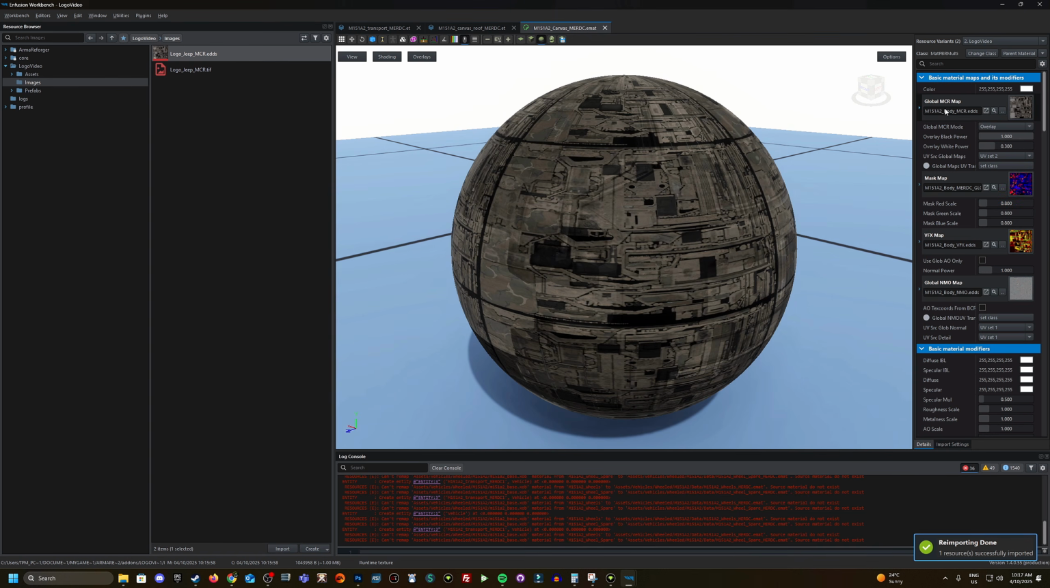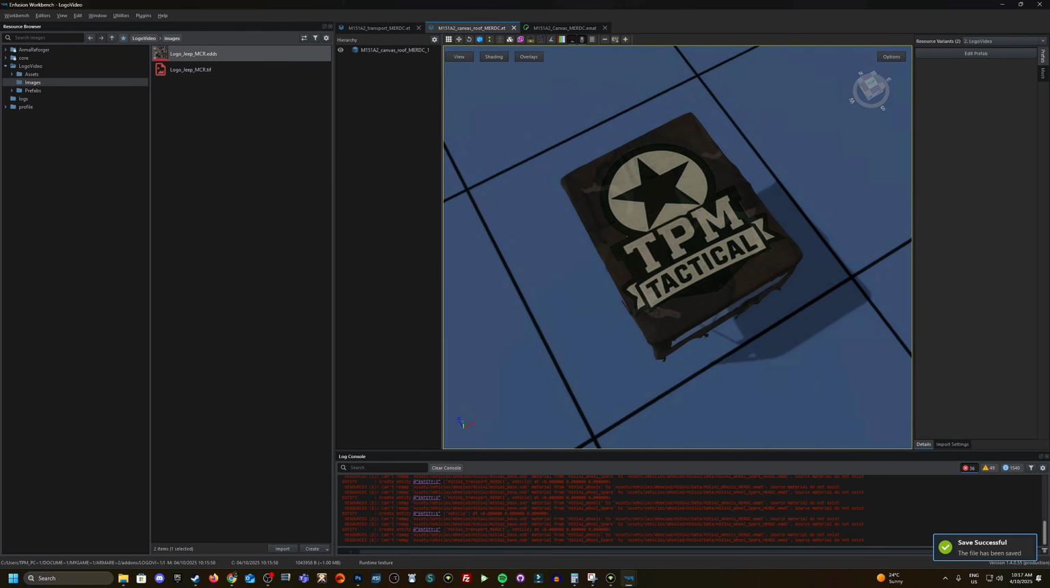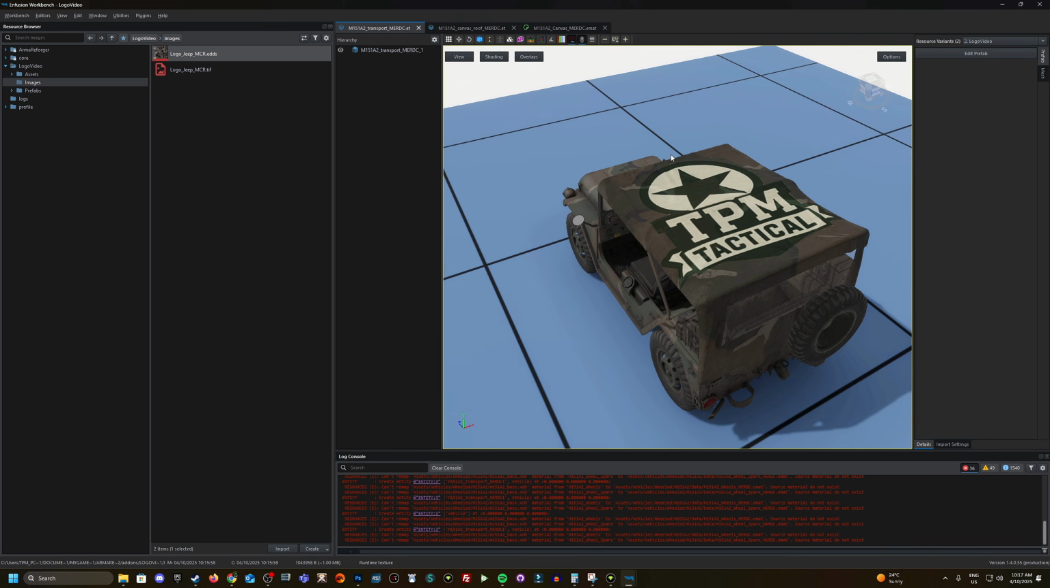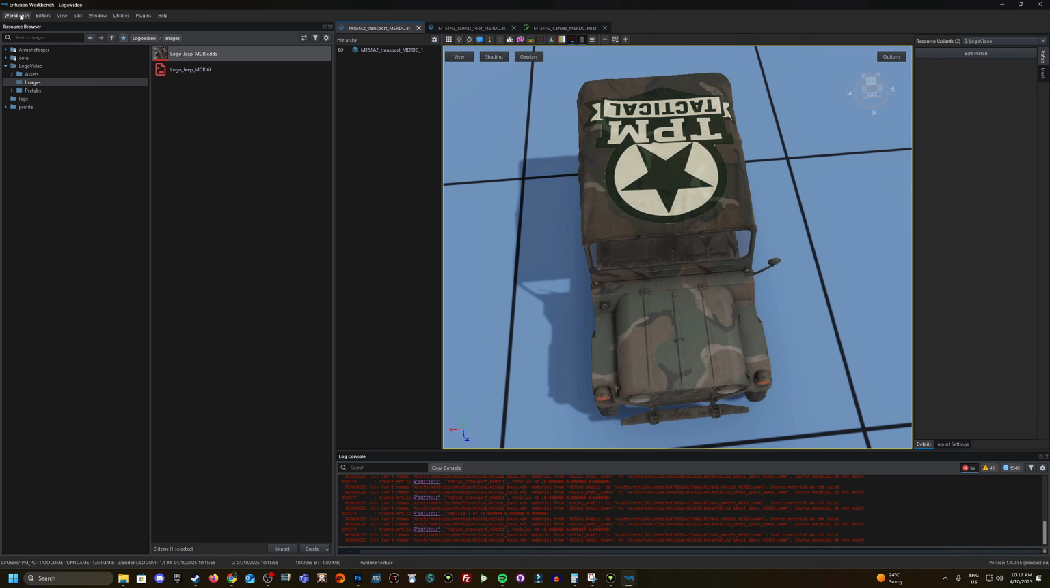And here's your global MCR map. So now I'm going to click on my MCR that I've saved from Photoshop and drag it into here. And as you can see, it's applied it. So Control S to save that. Go back to my canvas, and there it is. Go to my vehicle, and there it is. So now let's save that. Let's go to,